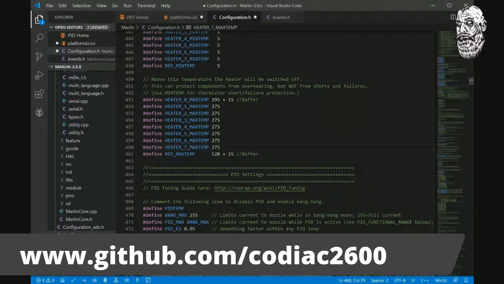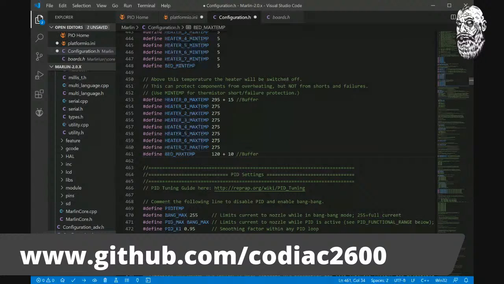So again, this is how you would do it. Oh, 10 on the bed. Okay. Plus 10 on the bed for the buffer. I actually haven't done these in my firmware because, again, there's no material that prints at 295 that you really need to use. I mean, I guess if you're printing like super crazy nylon with a lot of CF and you have a hardened nozzle and its layers are separating, you might need to push it all the way to the 295 to get it to print. But your PETG, your ABS, most nylons, most polycarbonates will print below that buffer, and they should work just fine